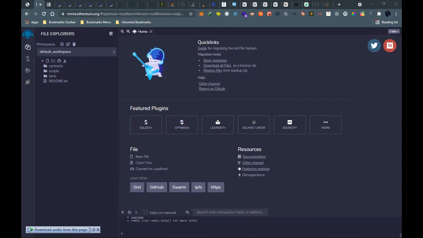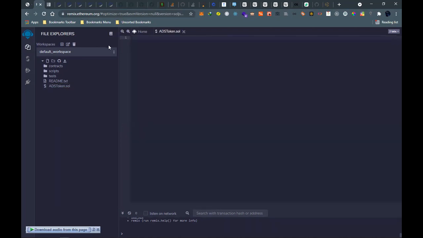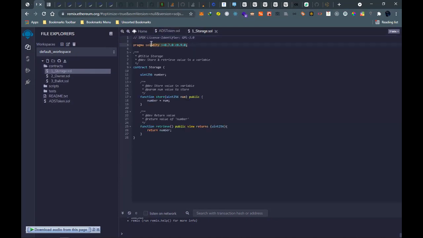So we will create the ERC20. Just give it a fancy name, like ADS token dot SOL, and then we will have the pragma.